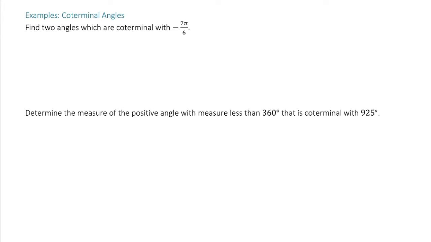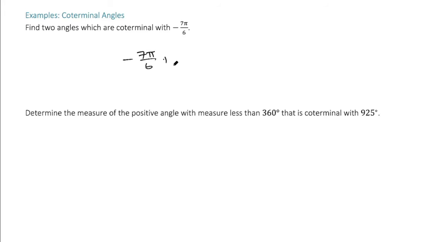Find two angles which are coterminal with negative 7 pi over 6. So a really easy way to find coterminal angles is actually to either add or subtract a full revolution of the circle, because we know that's going to put us in the same position. And so with this negative 7 pi over 6,